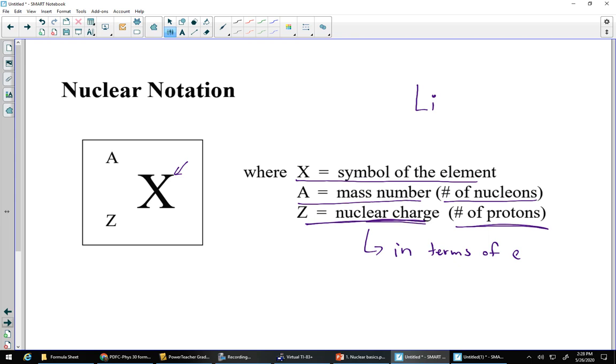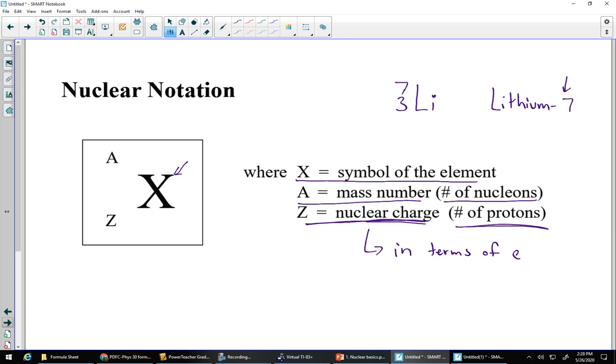Perfect. So let's go back to that lithium. I might have lithium with 7 nucleons in it, so I'd put my mass number of 7 up top. That means a total of 7 protons and 7 neutrons. What's the atomic number of lithium? Well, it's got to be 3, and that's the only way it can be, because if you change the atomic number, or the number of protons, you totally change what the element is. So this would be my nuclear notation for lithium